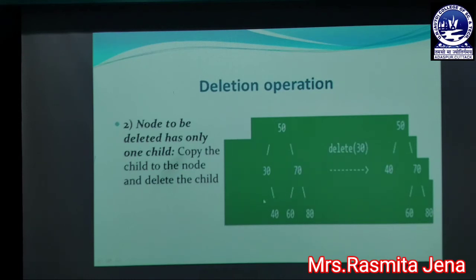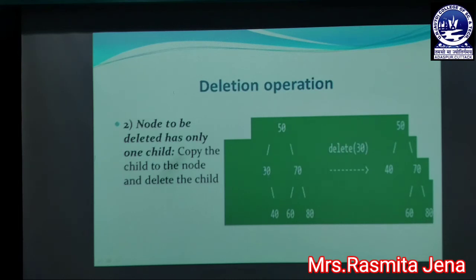Okay. And we want to delete a node which has only one child. In this binary search tree, the node 30 contains only one child, that is 40. In this case, copy the child to the node and delete the child. That means, suppose we want to delete 30, so simply move 40 to its parent's position, because we want to delete the node which has only one child.